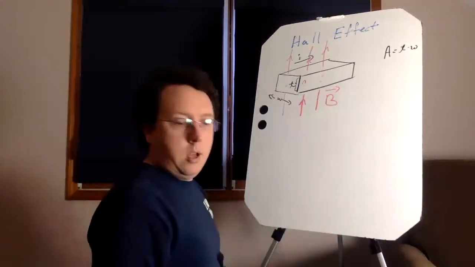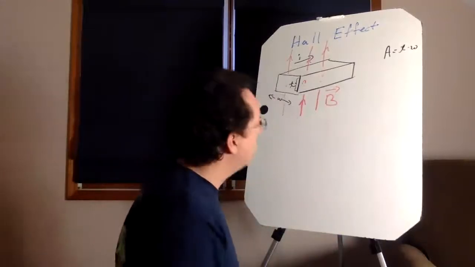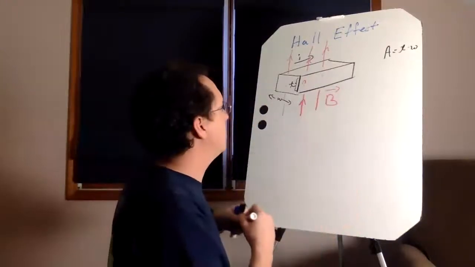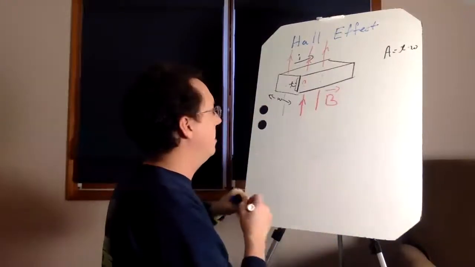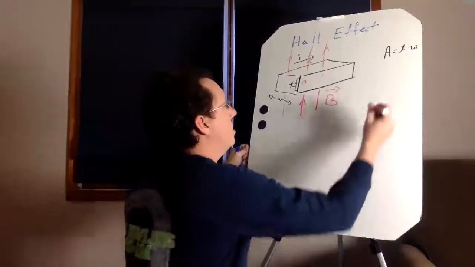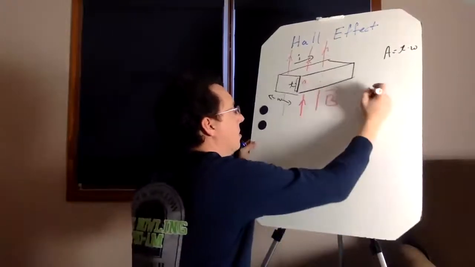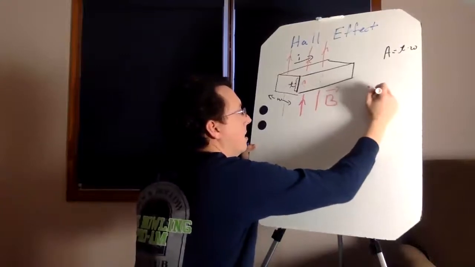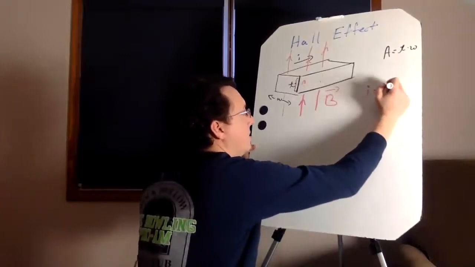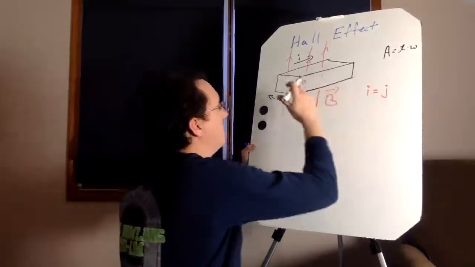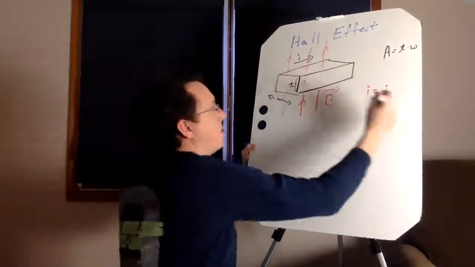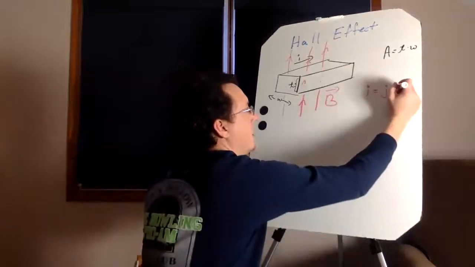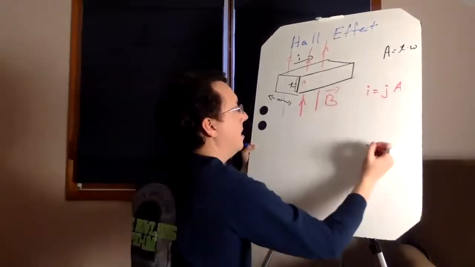So hopefully that's clear. I want to remind you guys of some things that we've seen. We're going to pull together a bunch of little facts about circuits and new things that we've learned about magnetic fields. So remember, we said that the current I could be thought of as a current density J, and it's really the J integrated over this face, but we're going to assume it's a uniform current if you wait long enough and let things settle down. So it'd be J times A, where